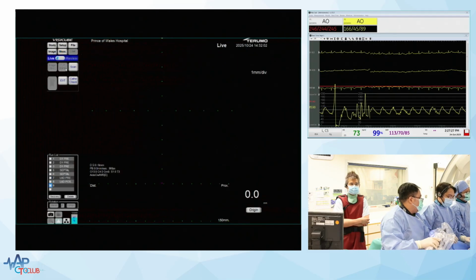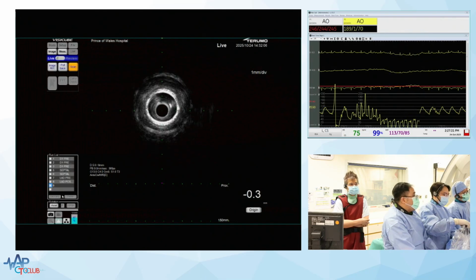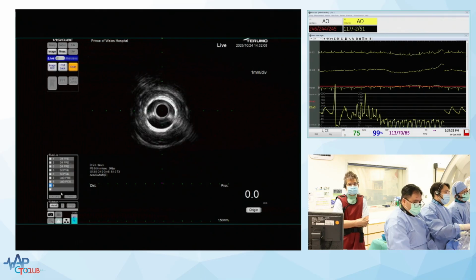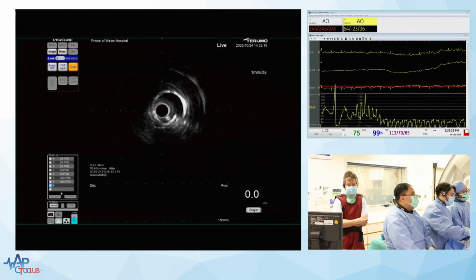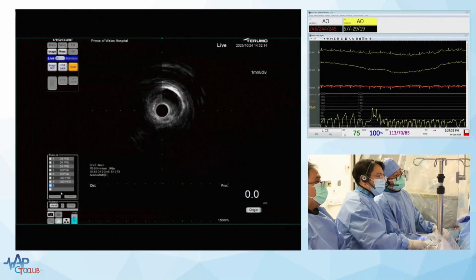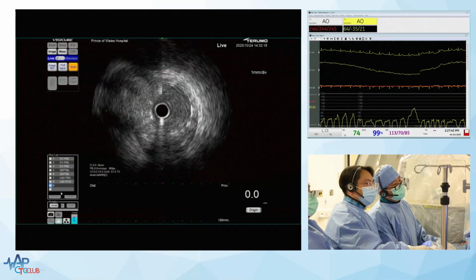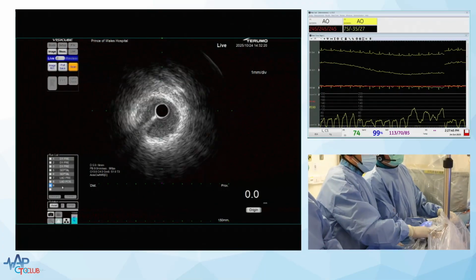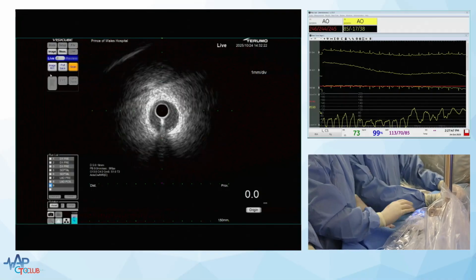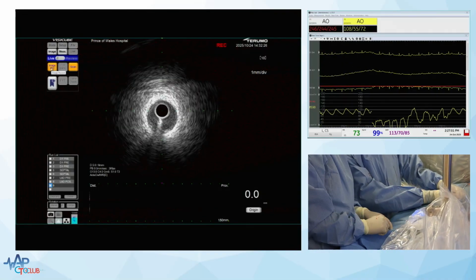The key thing is obviously if there's a subintimal course, you can't DCB. So it has to be intimal. And one of the advantages of preparing is that after your initial preparation, with fairly low pressure and a small balloon, they look pretty good. If you did preparation and it looked good, you did DCB,